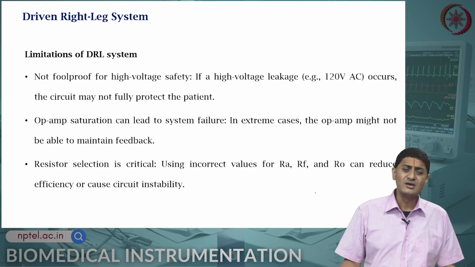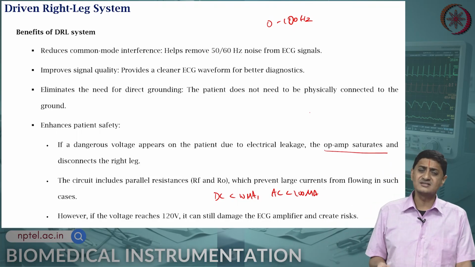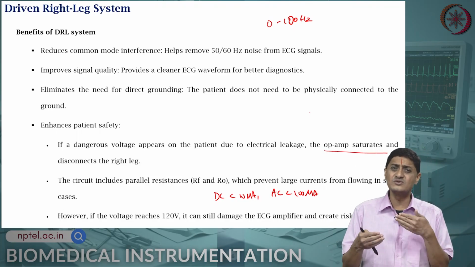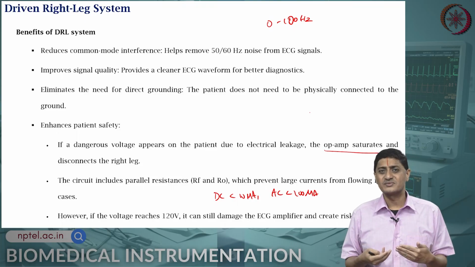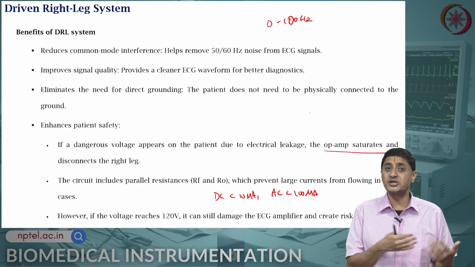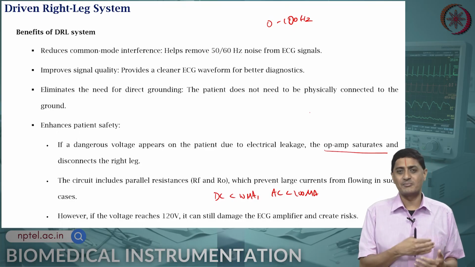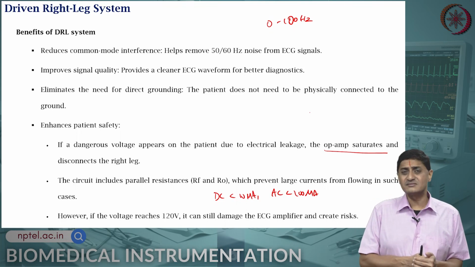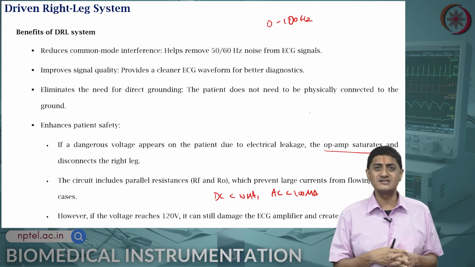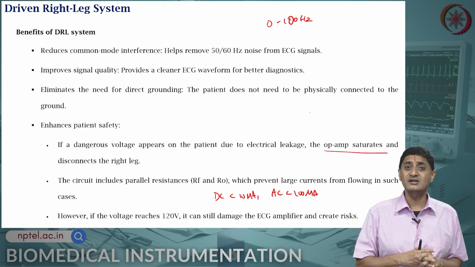What are the limitations? Well, actually the current designs use not just this, on top of this they also use back to back Zener diodes, thus regulating the voltage at the output of the feedback or the gain amplifier. That is one. The other is sometimes instead of using analog systems, some systems use digital signal processor or FPGA